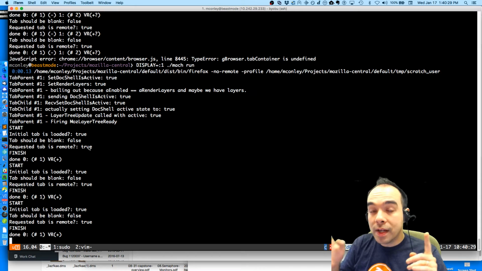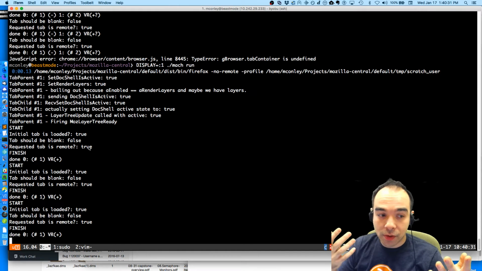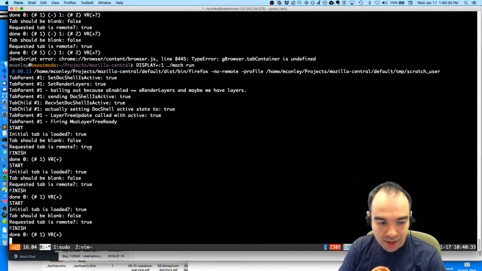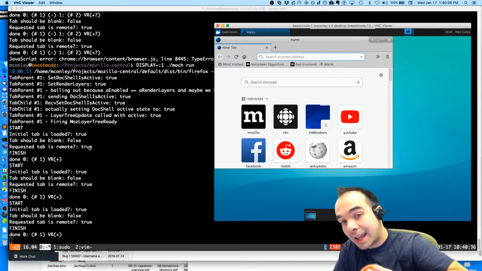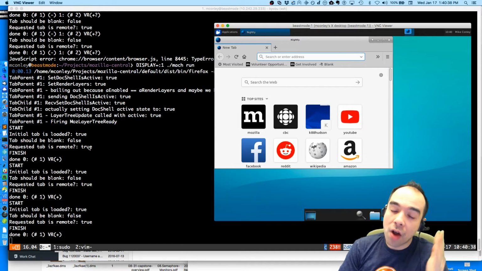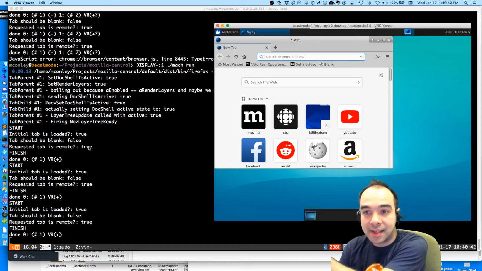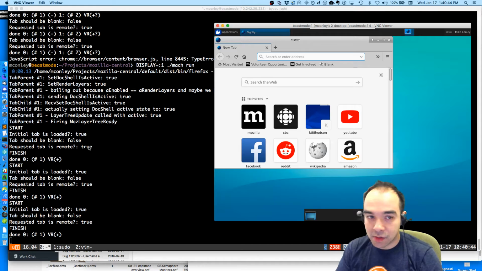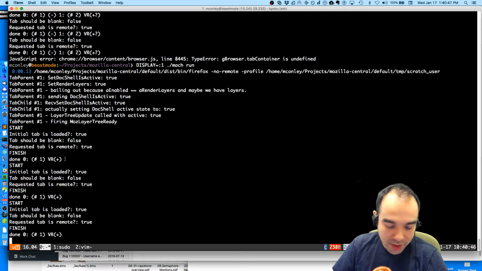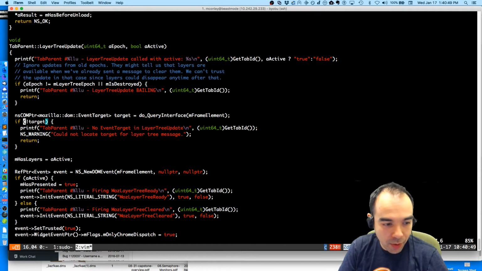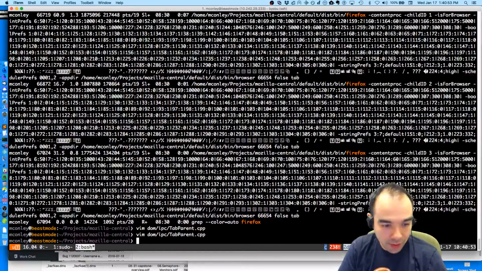But the good news is we do have, and perhaps this is related, although I think I tested this and it's not the case, what's called the pre-allocated process manager, where not long after the browser started up and showed me this, the next content process kind of got pre-allocated and is ready to roll. It's just sitting there. It's not consuming much in the way of resources, but it's ready for us so that whenever we open a new tab, we can do it very quickly.